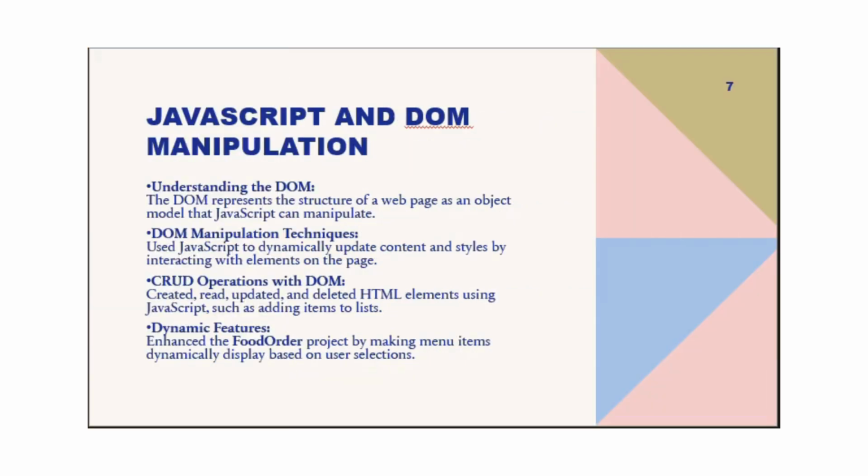So, one important concept we focused on was DOM manipulation. The document object model represents the structure of a web page. By using JavaScript, we can access and manipulate the DOM to dynamically update the content without having to reload it. This is where things like creating, reading, updating, and deleting, which we call CRUD operations, come